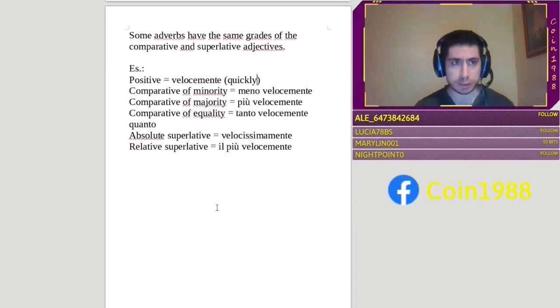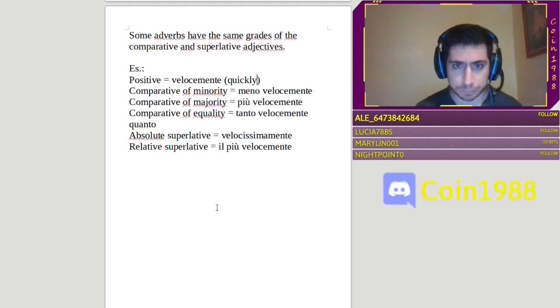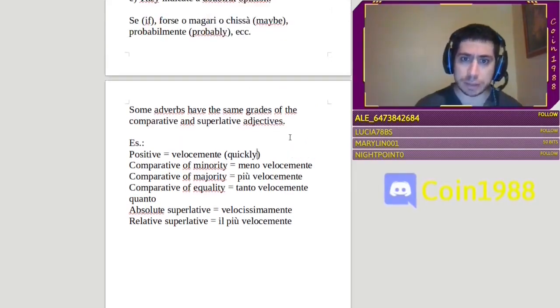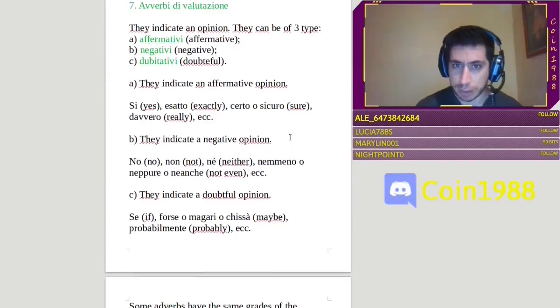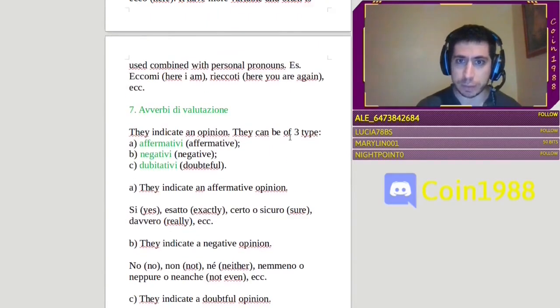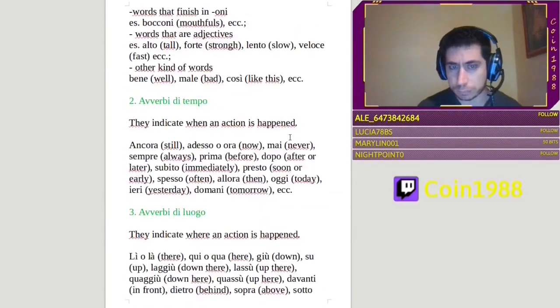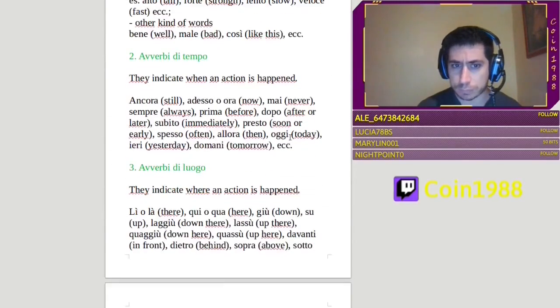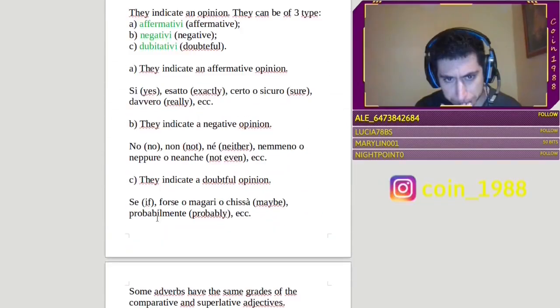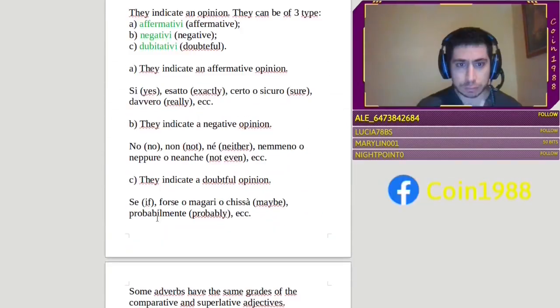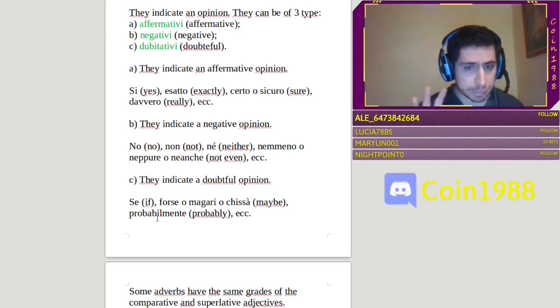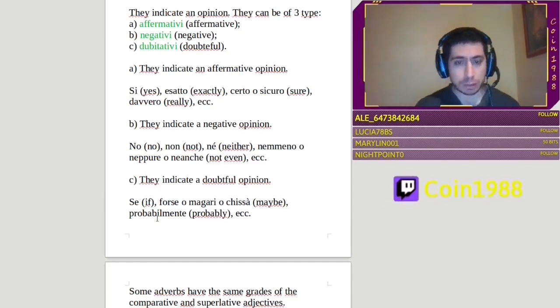These are all the things about the adverbs. Is there something not clear or something that you have a question about? About se, forse, magari. They can't change, right? They don't have another meaning. It is always like this. Magari, if it is used alone, can change meaning, but the other,